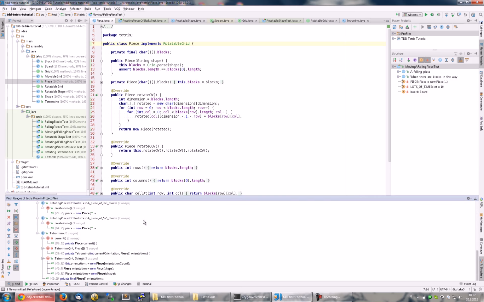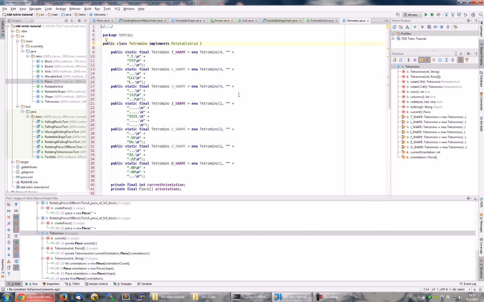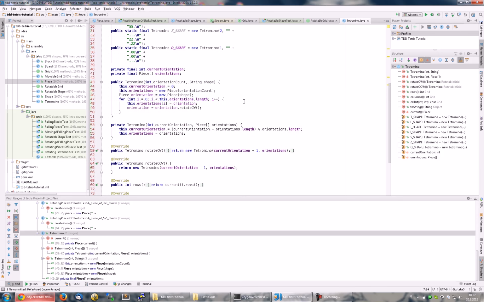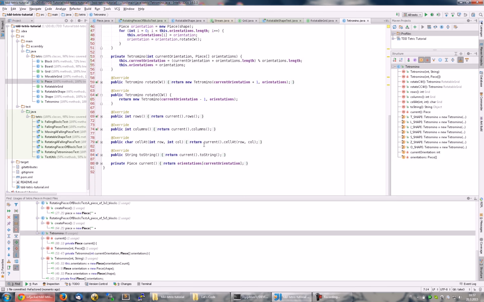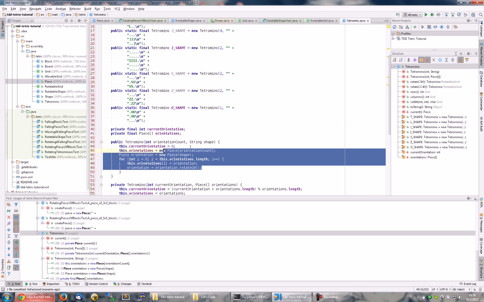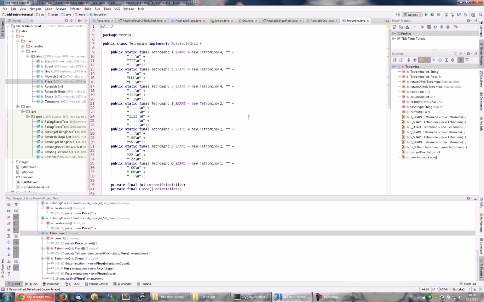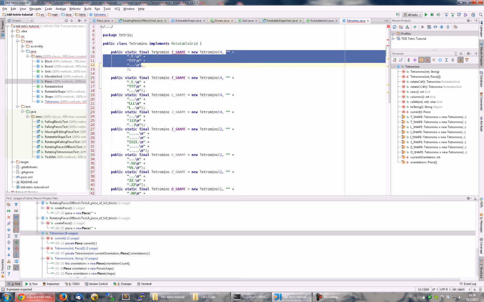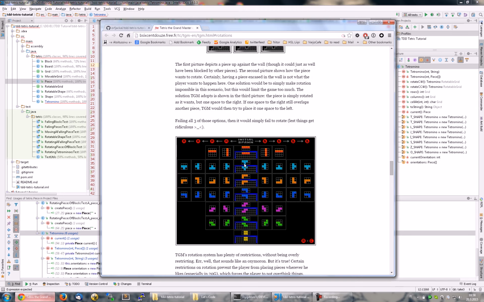Let's see. Well, we can simplify this one. Yeah, this implementation is basically almost the same. That's a bit different. So instead of having that kind of a T shape, we can hard code all the orientations. And now then, let's see